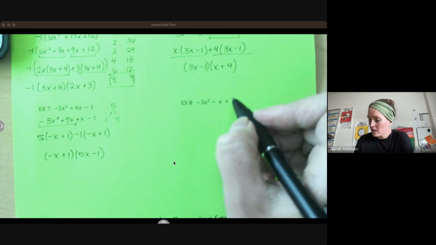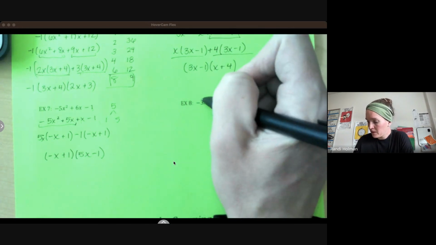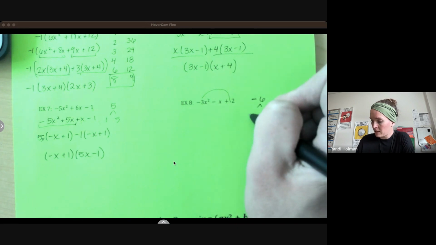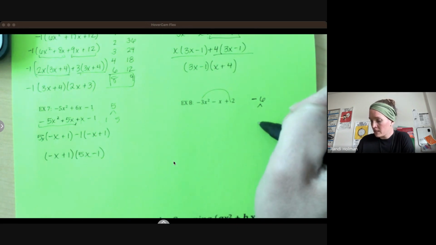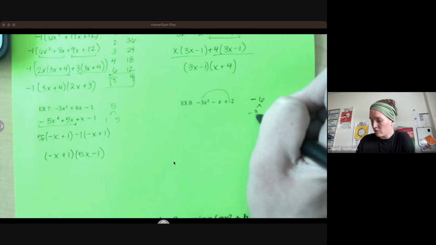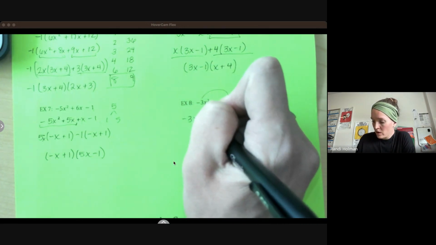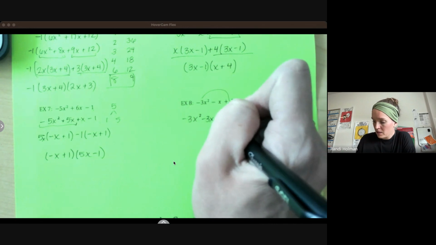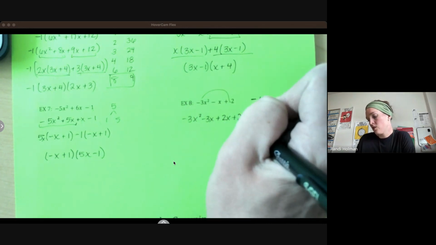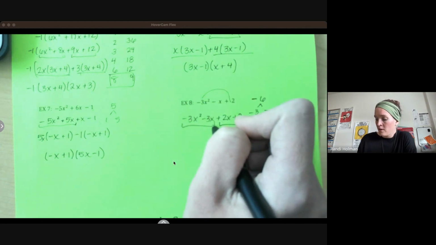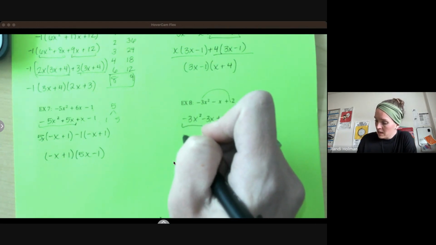Okay, last one, greatest common factor, nope. Multiply to negative 6, factors of negative 6 that add to be negative 1. One's negative, one's positive, they add to be negative 1, so negative 3 and 2. Negative 3x squared minus 3x plus 2x plus 2. Once we have 4 terms, group. Factors there, we're looking at negative